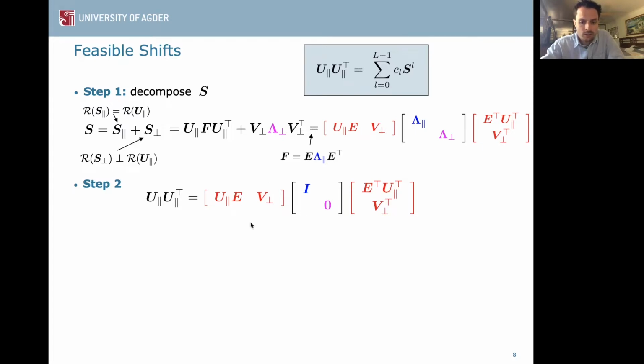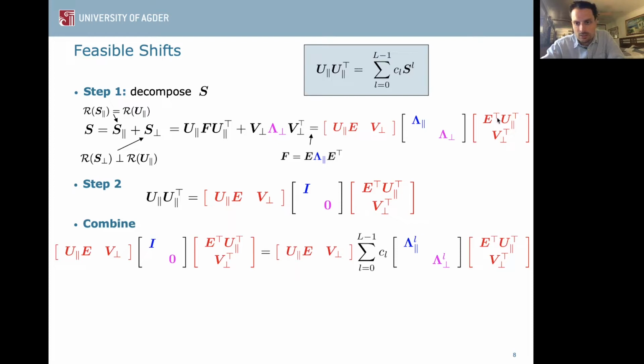Okay, so one can just substitute this expression here and this expression here to arrive at this equality. These terms, the red matrices, cancel, so that what we obtain is this